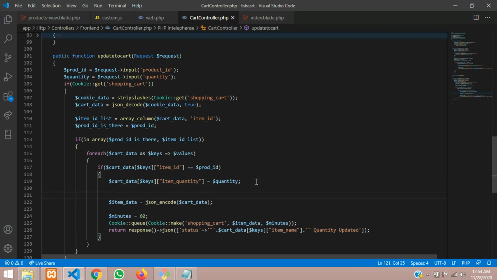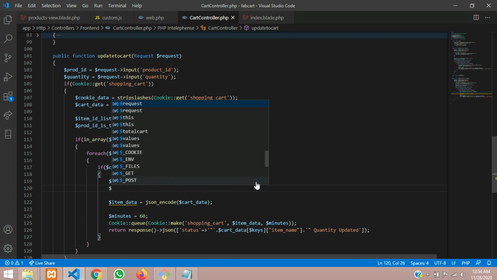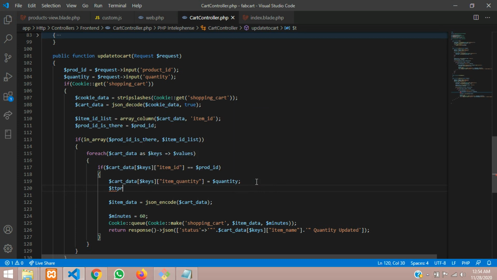Let me just create a variable called dollar TT price, which is equal to, where inside open bracket close bracket I'm going to paste that. Instead of equal to, I'm going to multiply with this. Whatever the quantity, the price we have to type over here, item price.